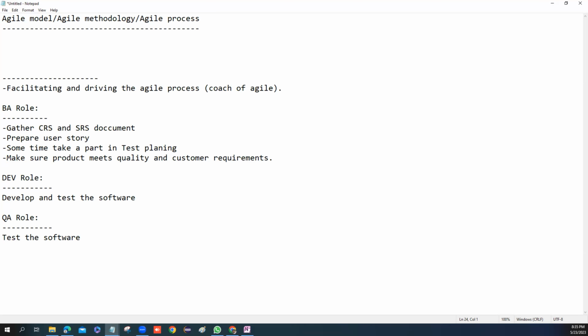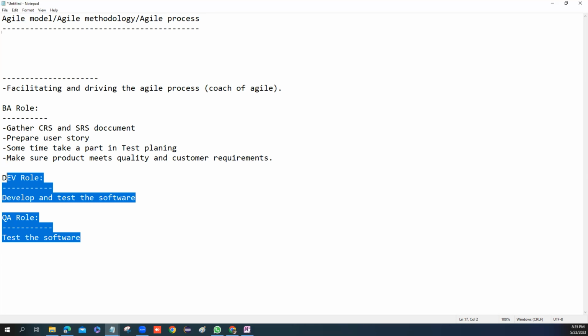So basically, CRS is the customer requirements document from the customer, and SRS is the software requirements document from inside the team, like from the architect or design. Yes, I got it. Thank you. Okay, so the most important thing is to understand the Scrum terminology, because in Jira, we will use those phases